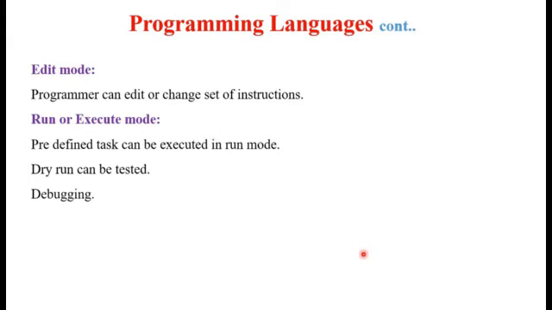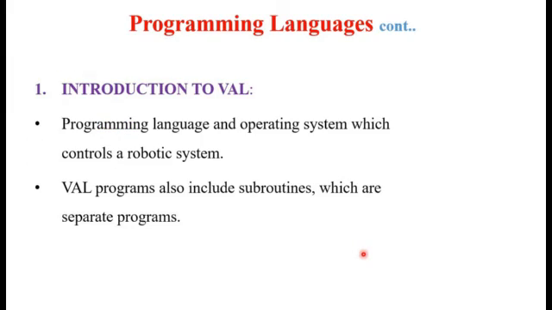Okay, so that instructions are executed in this mode. Dry run can be tested or debugging can be done in this mode of this robot. Then we will see in detail VAL, variable assembly language, the programming language and operating system which controls a robotic system. This robot or robotic system can be controlled by these various programming languages, or various programs, sets of